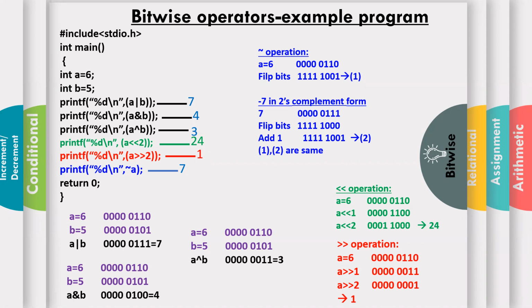That means to get -7 in your system, first you take the binary for 7. After that, flip the bits. That is actually called 1's complement. If you flip the bits, zeros become ones and ones become zeros, and then add 1. So this last one is -7 and this is +7. Here the complement gives the negative value. So this value is -7 in your system, and it displays -7.